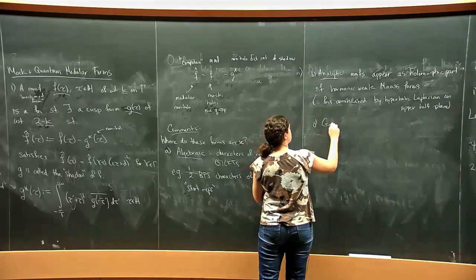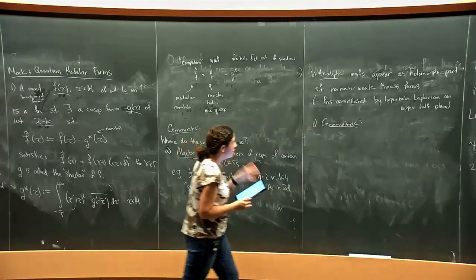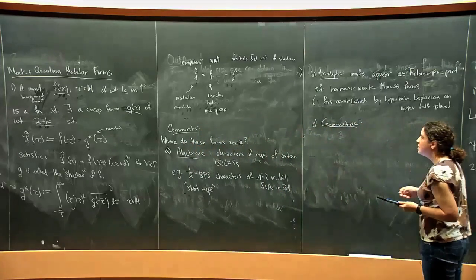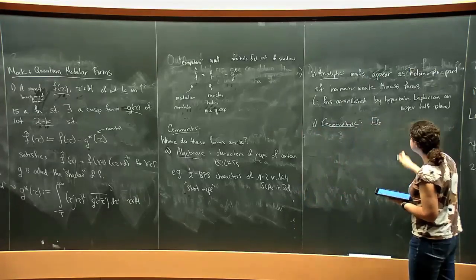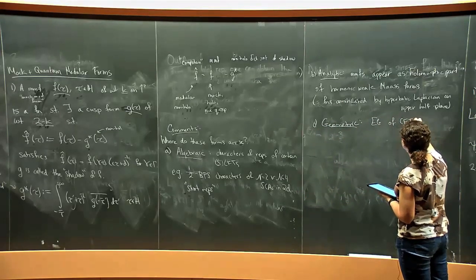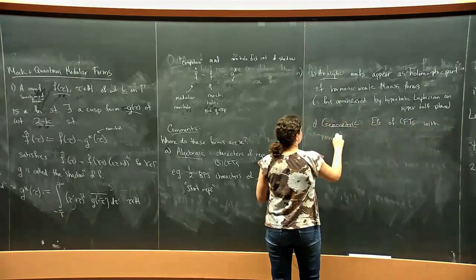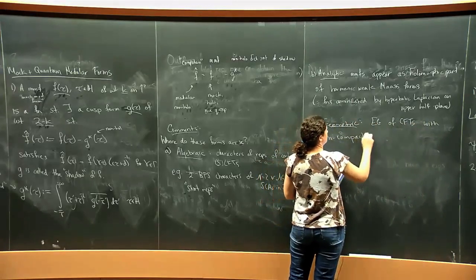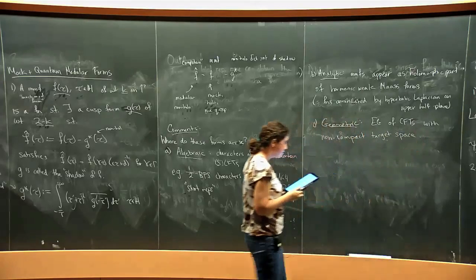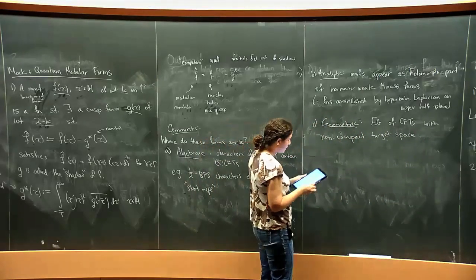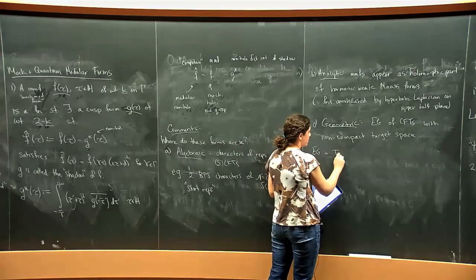A third way is geometric. And I'll give one example. So mock modular forms, again, arise when you consider the elliptic genus of CFTs with a non-compact target space. And roughly the idea is, if you consider the way we usually define the elliptic genus,